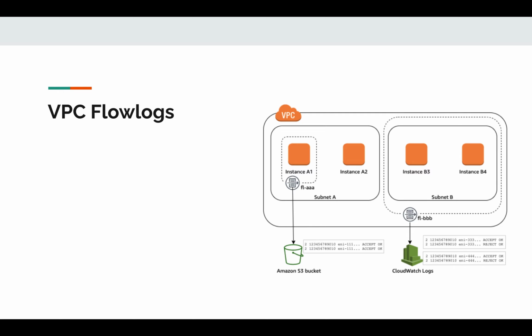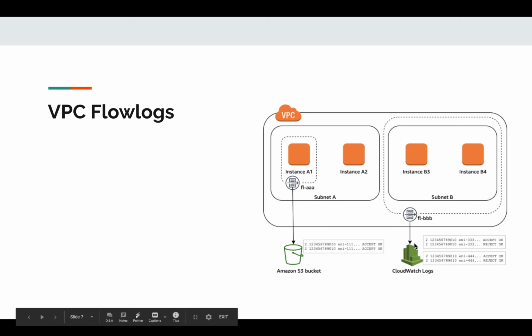Suppose you have a VPC, and in that VPC you create lots of EC2 instances. For each EC2 instance you can attach an ENI. ENI stands for Elastic Network Interface. What VPC flow logs will do is, if any traffic comes or goes through your ENI, it will log all of it into CloudWatch log groups, and based on those log groups we are able to analyze these logs.